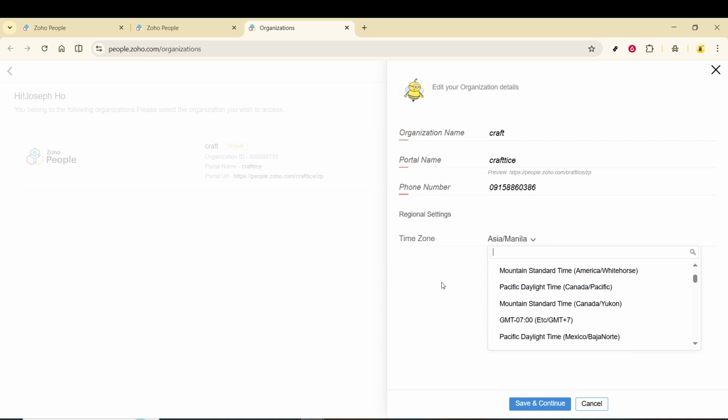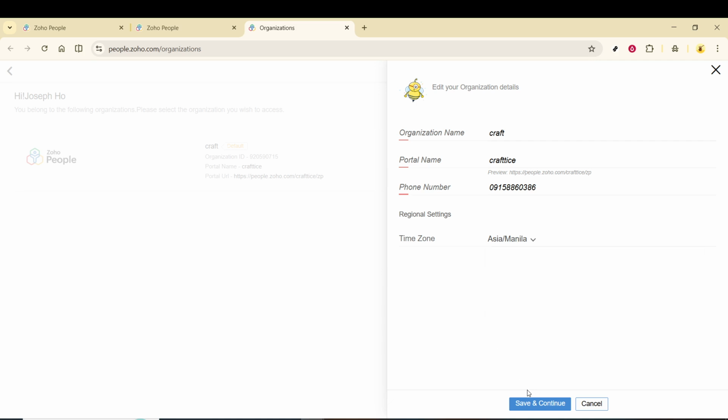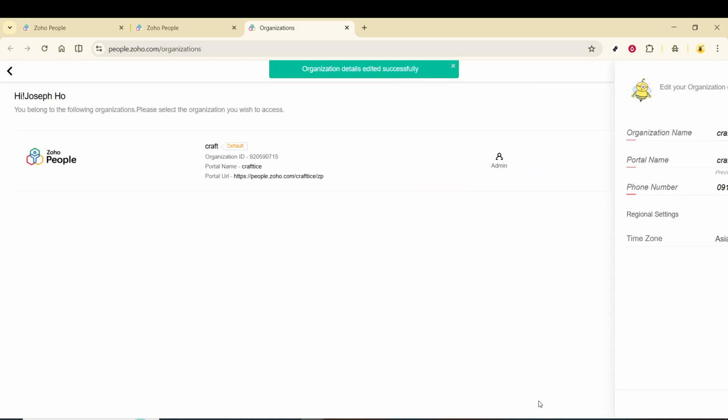After you create the organization, Zoho People will add it to your list of available organizations. If you do not see it right away, give the page a moment to update and make sure the creation process completed successfully. Now that you have multiple organizations set up, you can switch between them anytime using the same